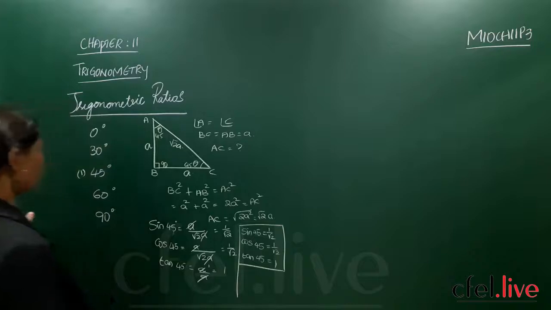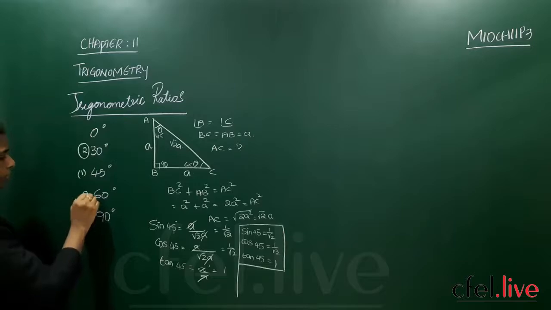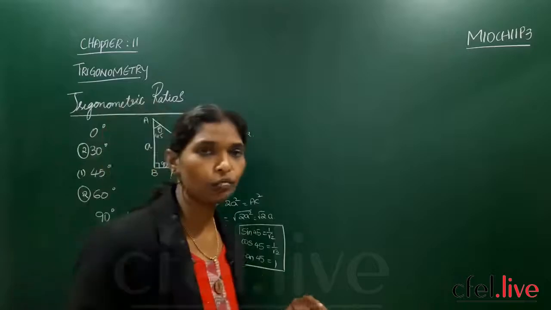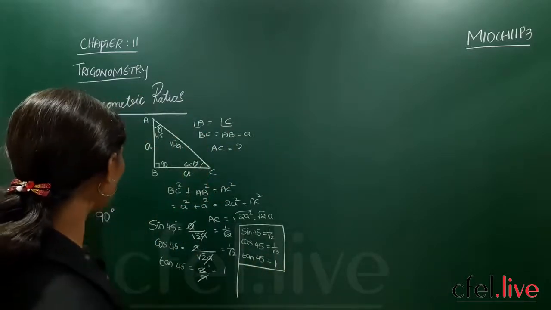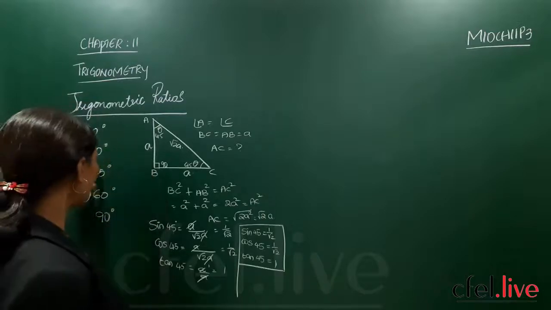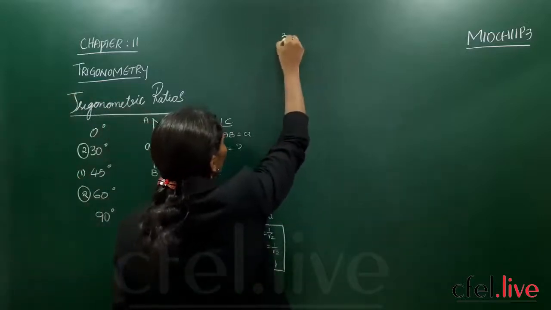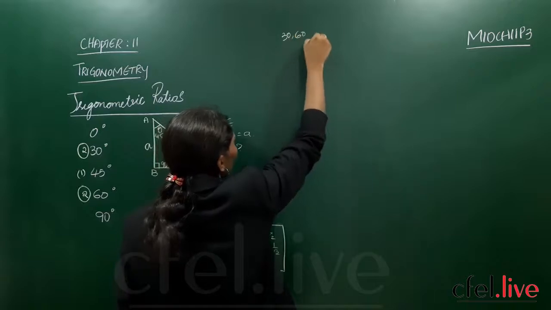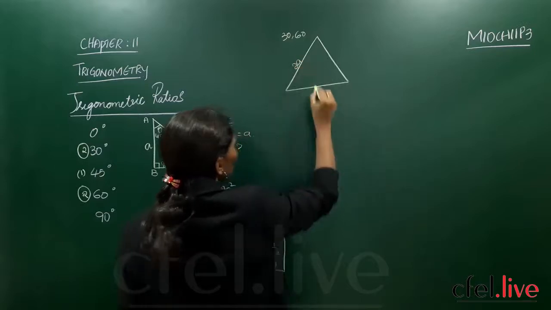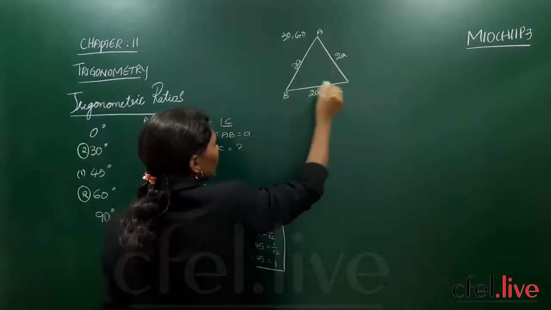Okay. Now second, I am going for 30 along with 60. Both I am doing at a time. Right, I said there is a link between them to find the values. So the second link is 30 degrees and 60 degrees. So what triangle have I taken here? You might have guessed, that is an equilateral triangle. So for 30 and 60 I am going with an equilateral triangle. So the sides are 2A, 2A, 2A, with vertices A, B, C.